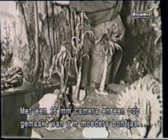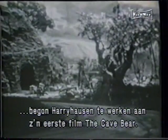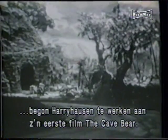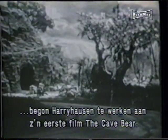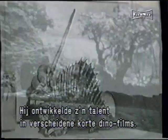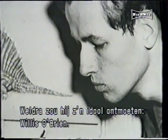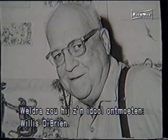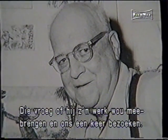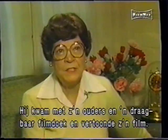With a 16mm camera and a puppet fashioned from his mother's fur coat, young Harryhausen set to work on his first amateur film, which he entitled The Cave Bear. He continued developing his animation skills, producing several short dinosaur films, and soon got the chance to meet his idol, Willis O'Brien. Obie told him to bring his work and come up to our house sometime soon, which he did,